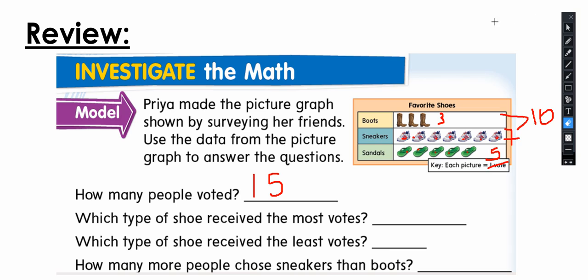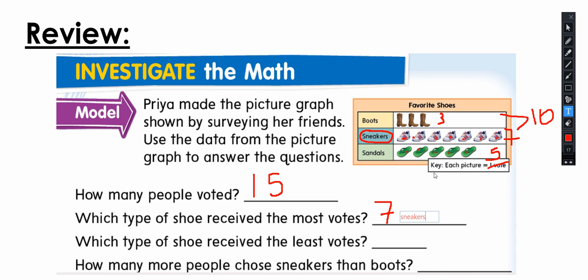The next question says, which type of shoe received the most votes? The most votes. So we have 3, 7, and 5. Which is the bigger number? It is 7, so most means the one with more votes. And which type of shoe is that one? It is sneakers. So the type of shoe that received the most votes was sneakers